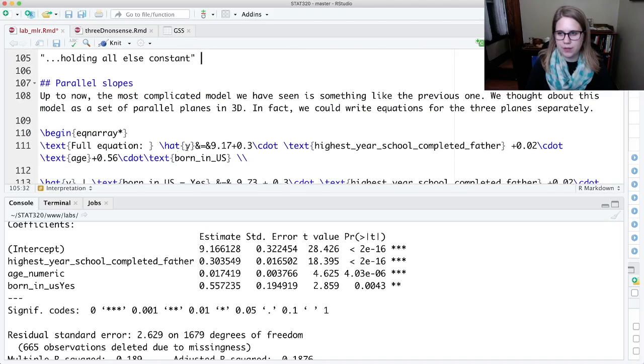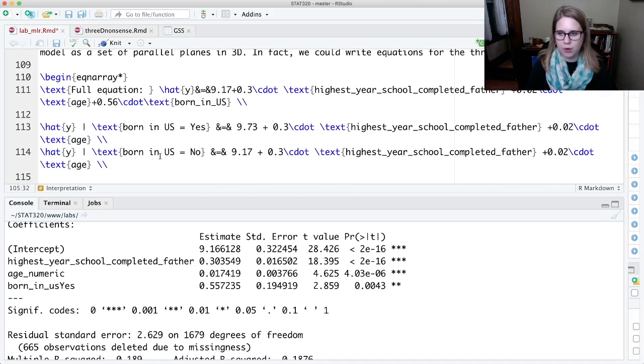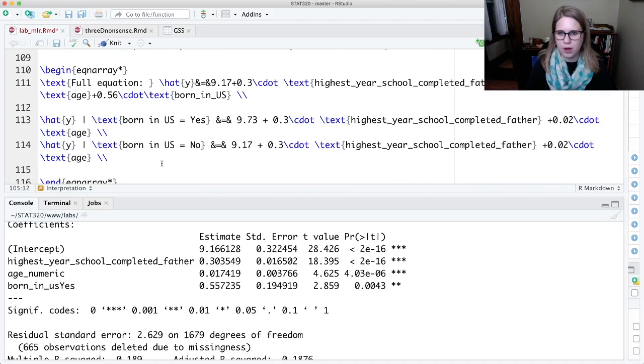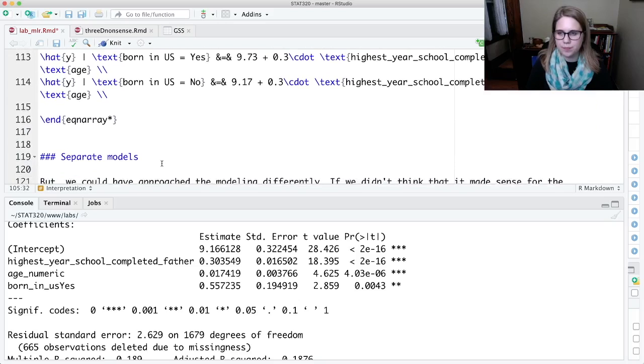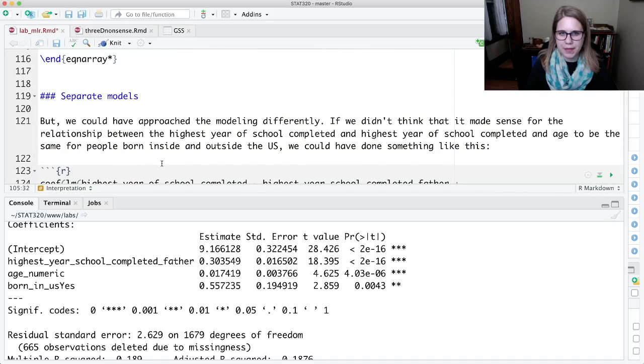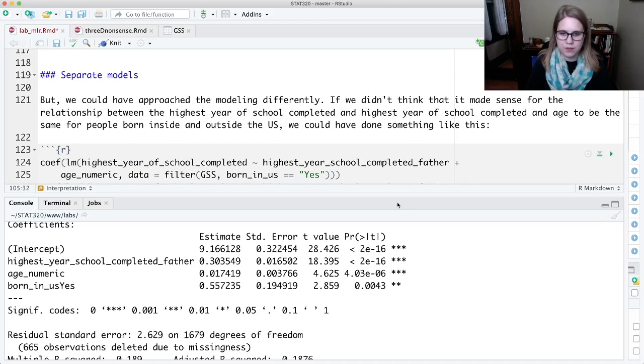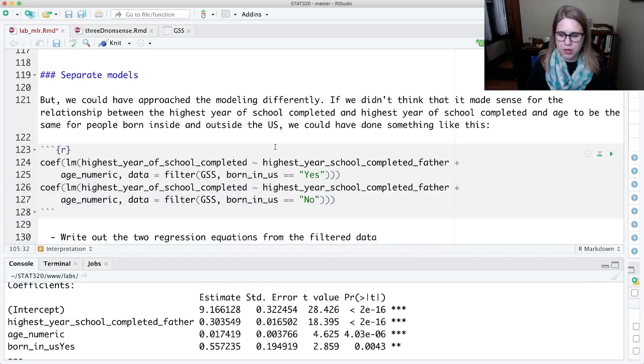So we've talked about this parallel slopes model. I wrote out these equations for you on the iPad. And then we're going to start thinking about some more complex models. So one approach that we could have taken, and this is a bad approach, is to split the data up. So if we thought that there was a different relationship between how much school you've done and the amount of school your dad did and your age, based on whether or not you were born in the US, we could